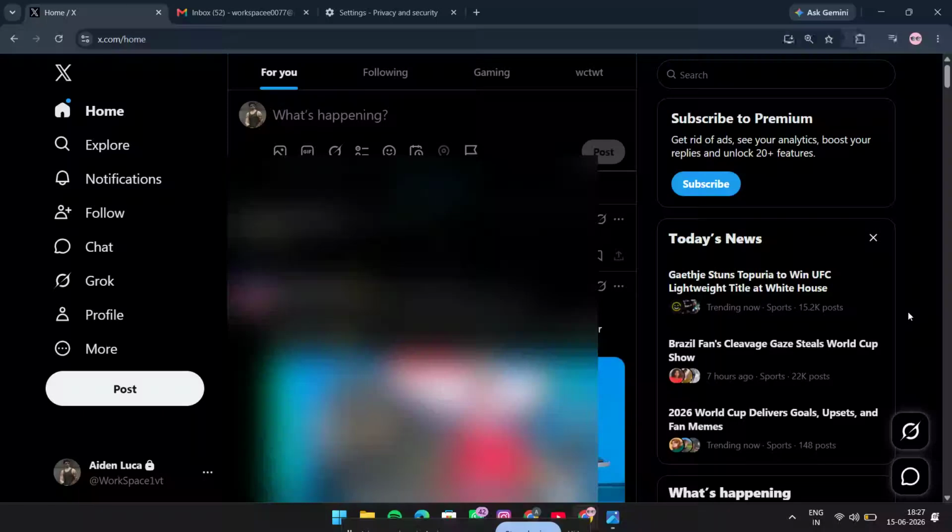If you want to add your Facebook link to X, formerly known as Twitter, this quick tutorial will show you exactly how to do it in just a few seconds. This is a simple way to direct your followers from your X profile straight to your Facebook page, personal profile,